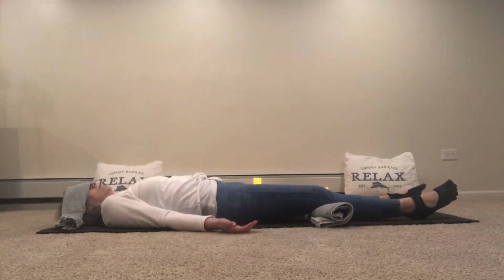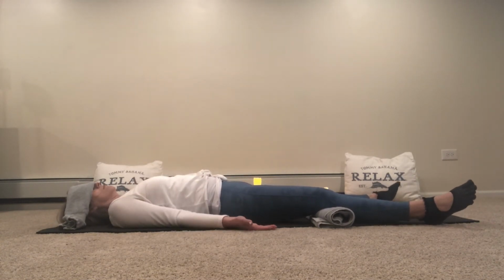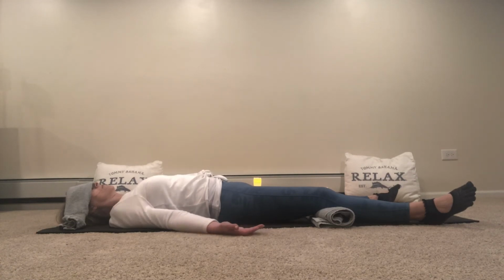Maybe we take that hand towel or wash rag and put it over our eyes. We can take the bath towel and put under our knees for support. We open our legs and arms as wide as our mat, palms up to receive energy, palms down for grounding. We're going to spend 10 minutes here in our final relaxation, our Shavasana, just allowing ourselves back into our center,